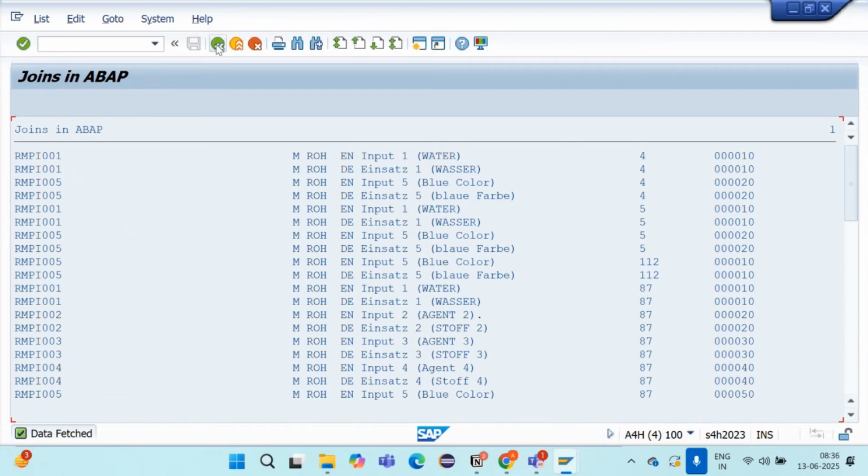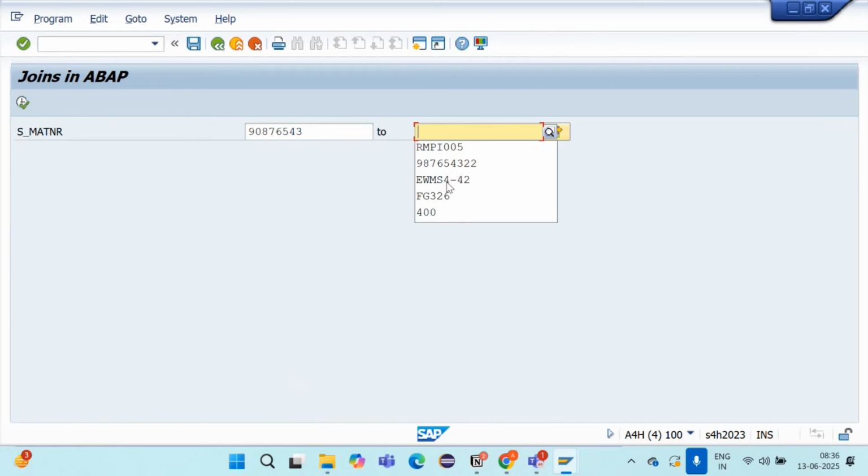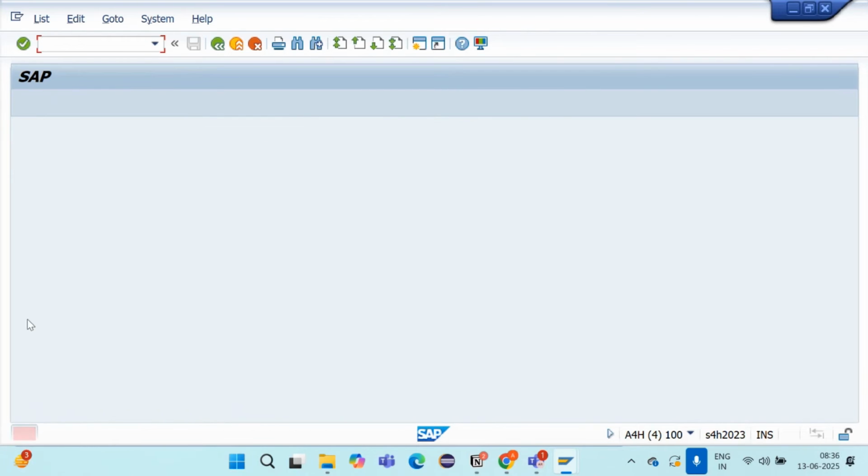Correct message also. But if you pass the incorrect one, it will give you the error message: wrong input for material number.